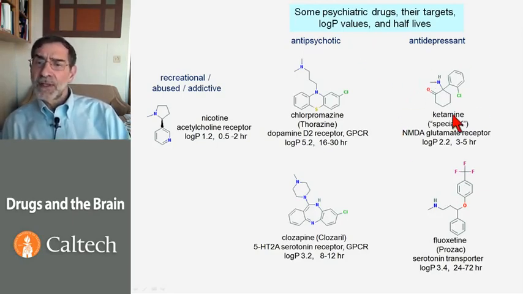An exception is the novel antidepressant ketamine, called on the street Special K. Ketamine exerts its antidepressant effects within about 2 hours. However, when used at higher doses, ketamine also causes hallucinations and very many other kinds of unpleasant behavior. So this is an active field of research for drug companies. Another classical by now antidepressant is fluoxetine, also known as Prozac, and this one is one of the psychiatric drugs that takes 2 to 3 weeks to act.